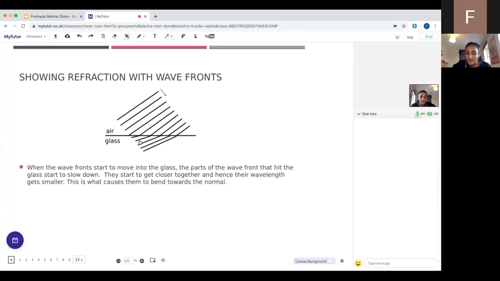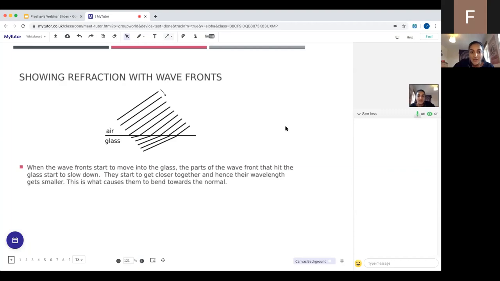So remember, the distance between the wavefronts is the wavelength, and we can clearly see that the wavelength gets smaller. So if the wavelength gets smaller, the speed also gets smaller and vice versa. So the wave is slowing down,